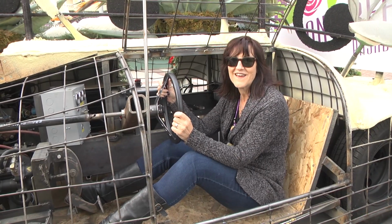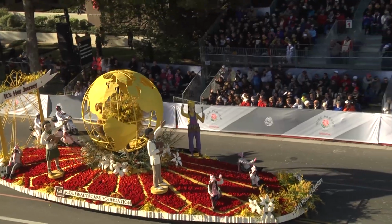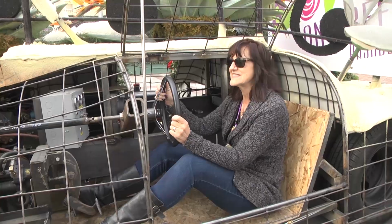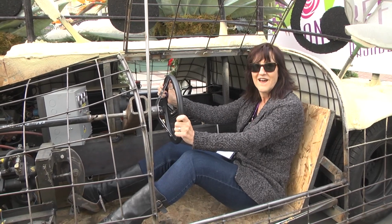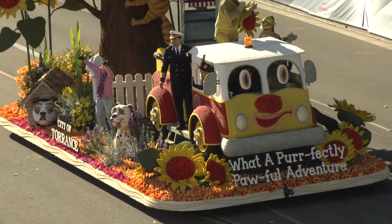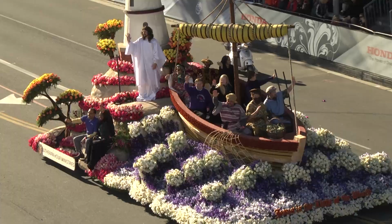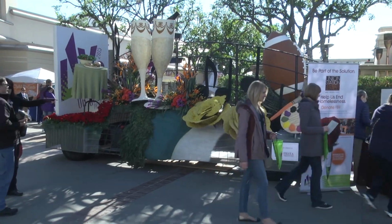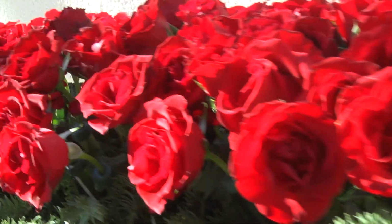Imagine driving a Rose Parade float. This is the kind of cage that you're in. Of course, on actual parade day, you'd be completely covered and not able to see at all, guided by the pink line. So this is our Live on Green parade float, and the inspiration behind this was to really show the